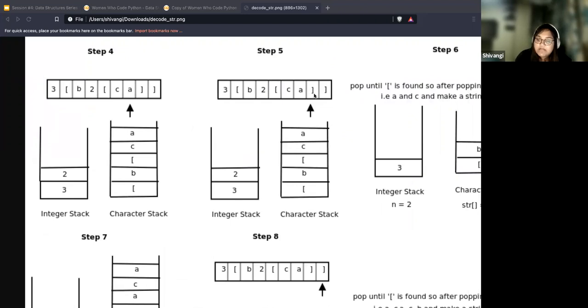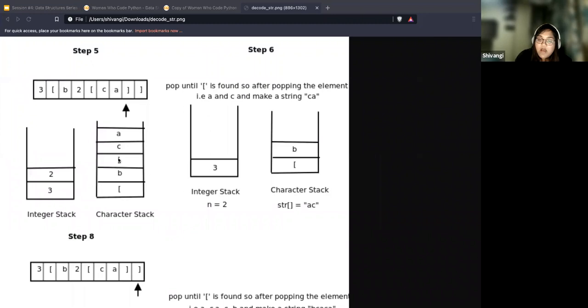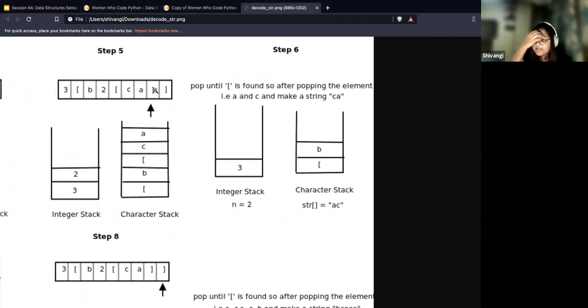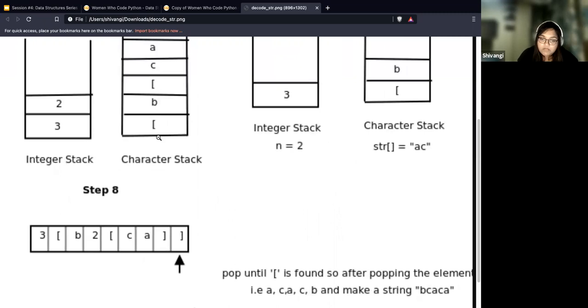Here, it's again a character, so it goes in the character stack. You find a closing square bracket. But rather than actually pushing it into the character stack, what you would do is start popping elements until you find an opening square bracket, right? And you do two things here. You would start popping until you find the opening square bracket. Okay.